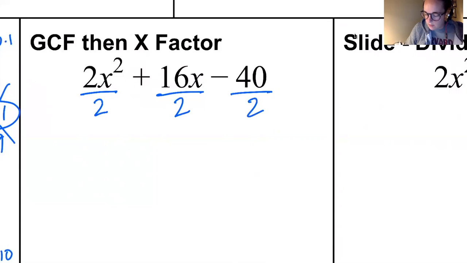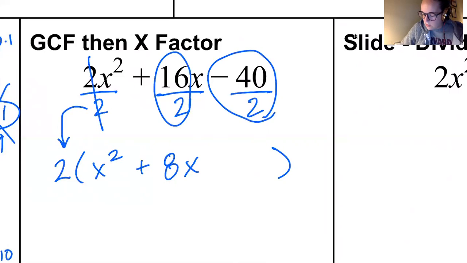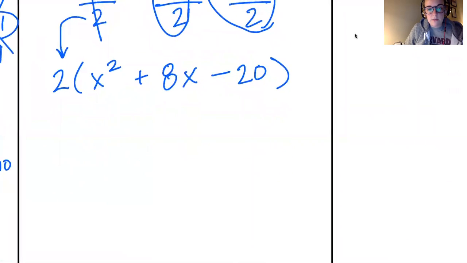So I could say, okay, I'm going to take that 2 out to the outside. And what's left over, I would have x squared. 16 divided by 2 would be 8x. And negative 40 divided by 2 would be negative 20. Right. From there, now that the 2 is on the outside, I can see that there's that imaginary 1 is